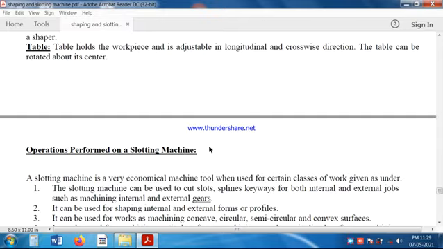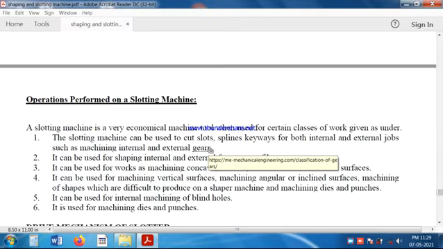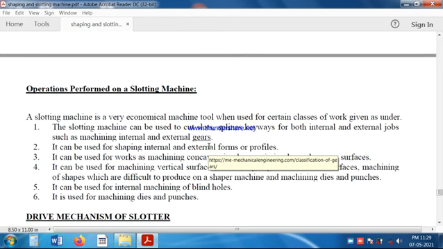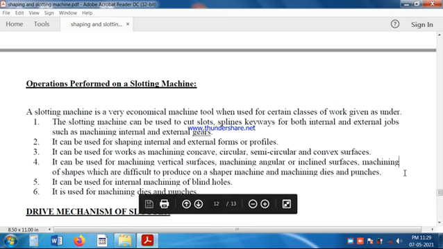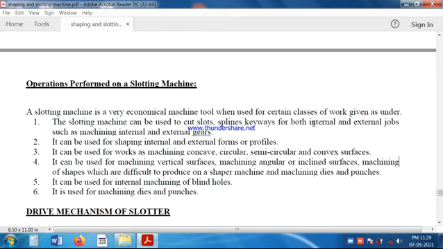The operations which are performed on a slotting machine are mentioned below. First, the slotting machine can be used to cut slots, splines, and keyways for both internal and external jobs, such as machining internal and external gears.